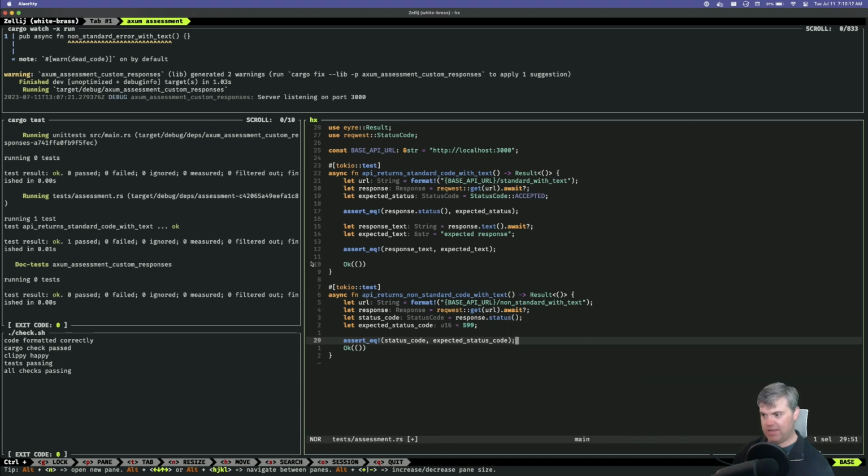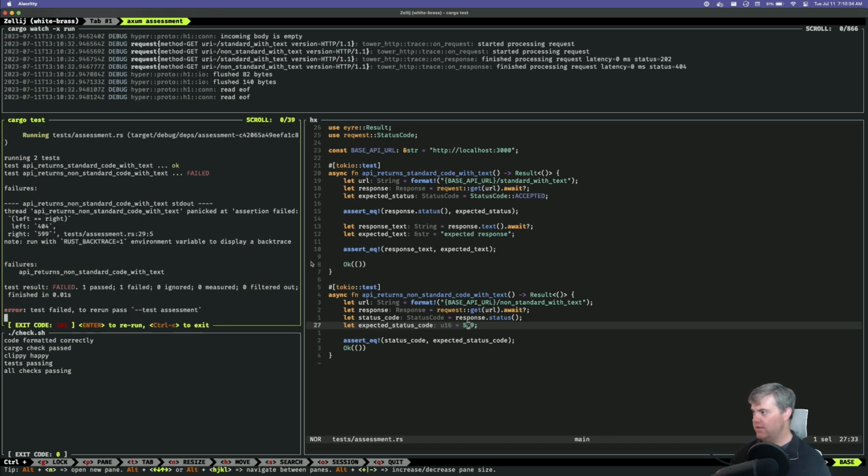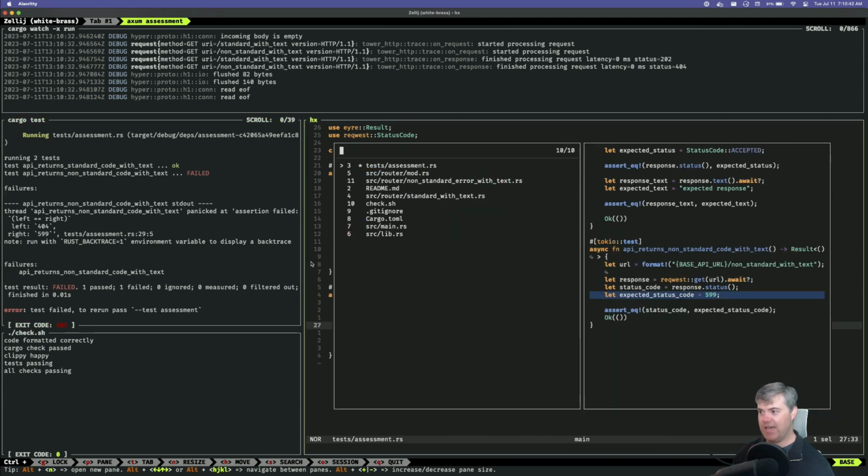Now, do you implement it? You do. Okay, so it implements the trait, equal is just a u16, and that's going to be fine. Now, if I run you, yeah, okay, there we go. Great. We have a 404 and it should be a 599. All right, let's fix that.